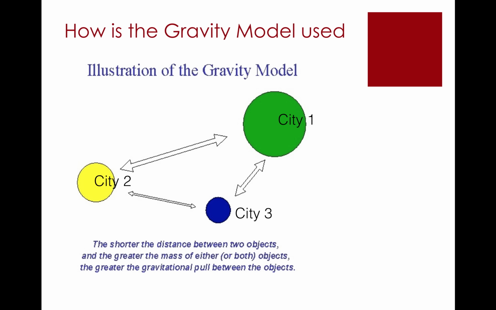So the gravity model shows us that the denominator would be much smaller, so that they too would have a strong pull. City 2 and City 3 are both more distant from one another and have smaller populations. So they're not necessarily going to have a strong bond in the way that City 1 and City 2 and City 1 and City 3 have. So this really shows us that pull. The force of the pull is going to depend upon the size of the population and the distance between the